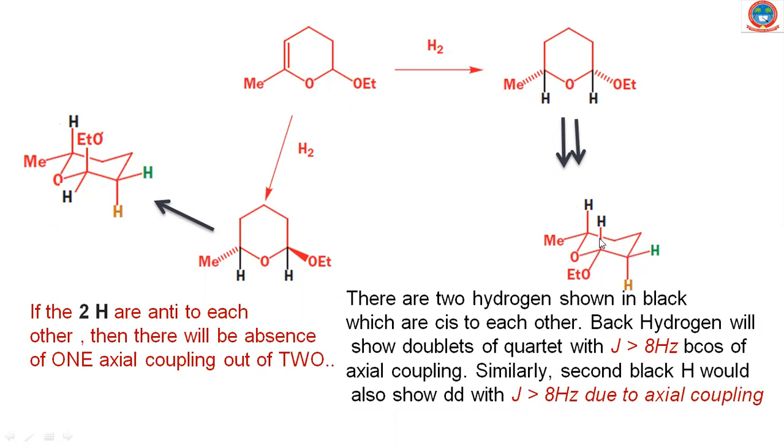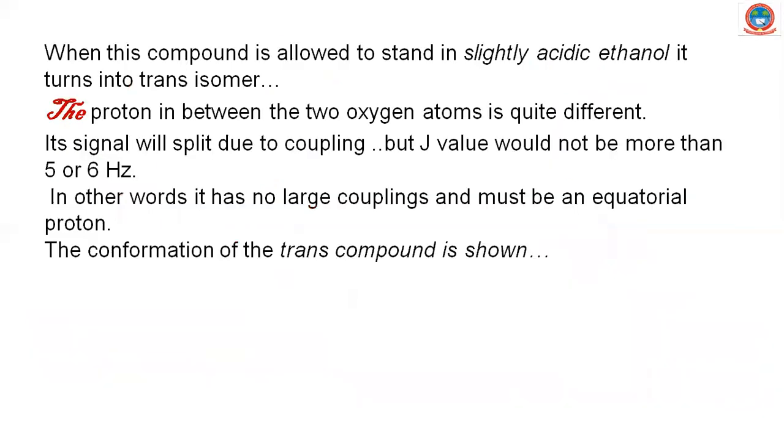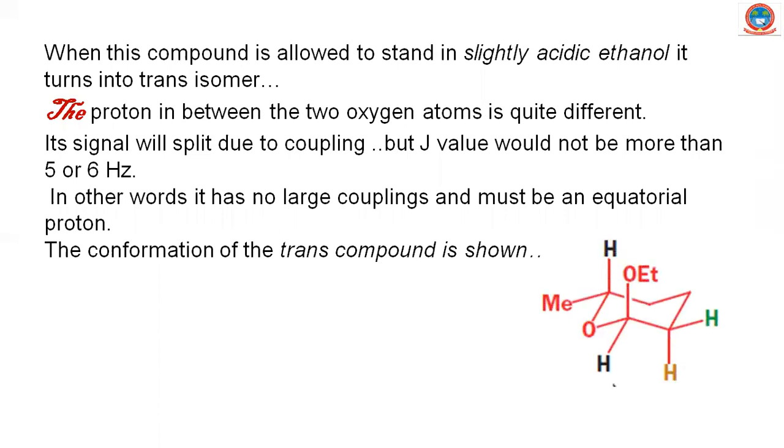So this carbon having this proton, which is axial, its neighboring protons, one of them is axial. Once we have an axial proton, it means they will couple and the J will definitely be more than 8 hertz, indicating that the proton has the highest dihedral angle of 180. While in the case when there is no J value higher than 8, we can see it is less than 8, meaning there is no dihedral angle of 180, so the structure would be like this. Fine. Okay, right? Let us go for the next one.